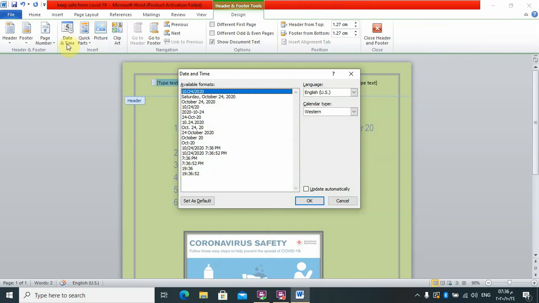So go to date and time and choose what you want, like you prefer. For example, I want my date starting from the month, day and year. So press on it,